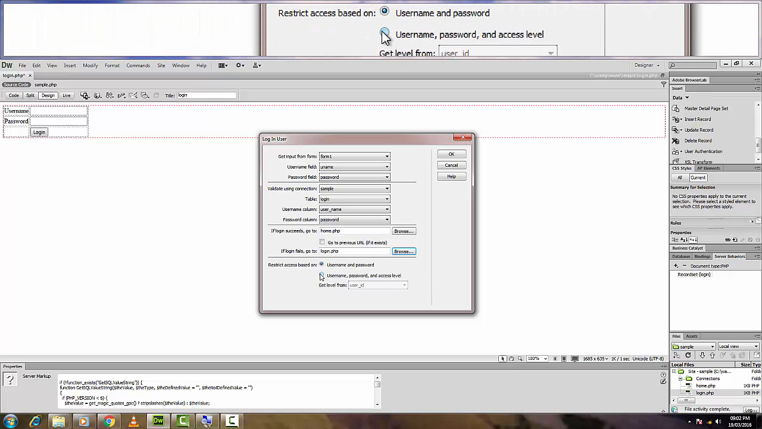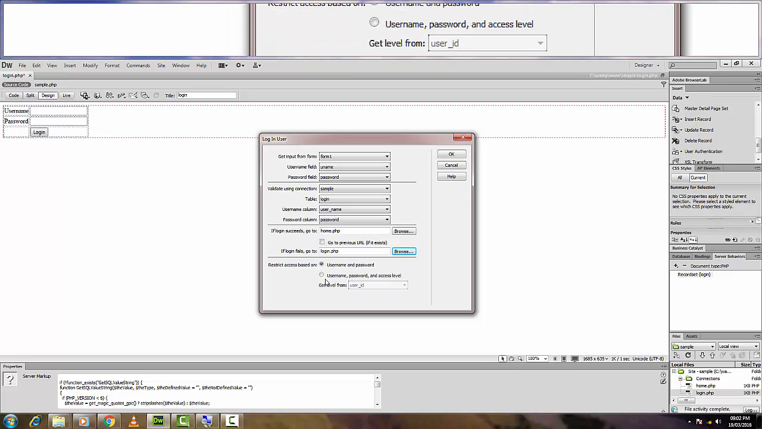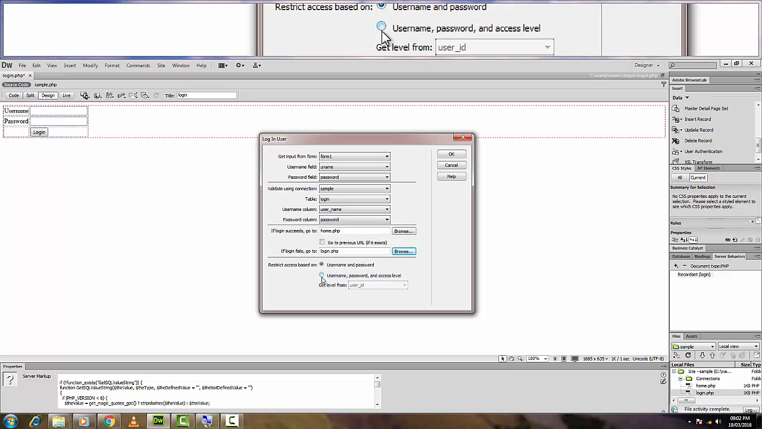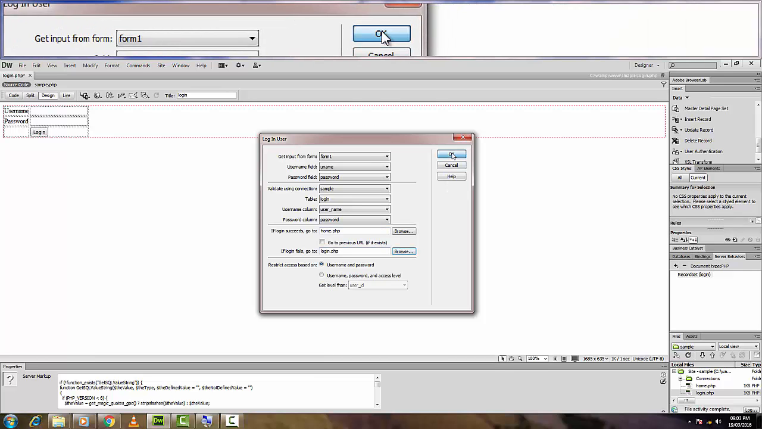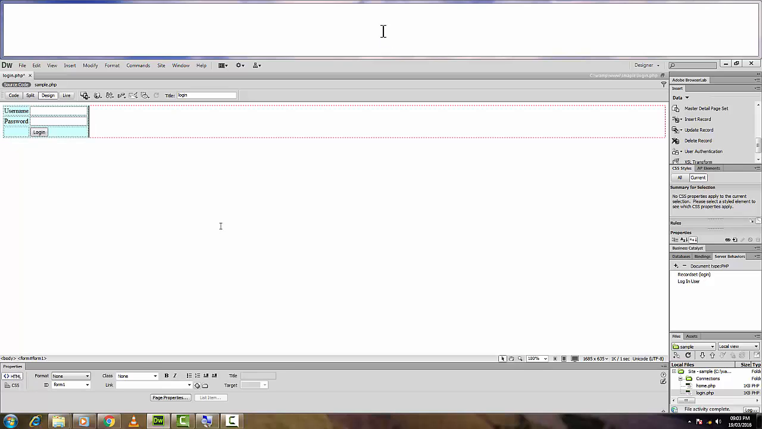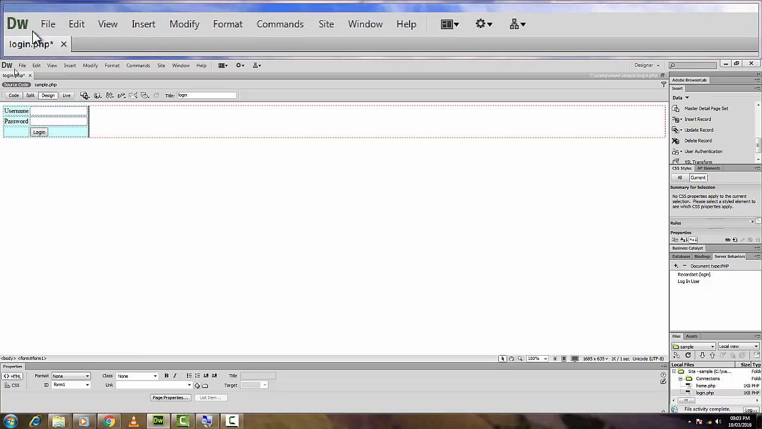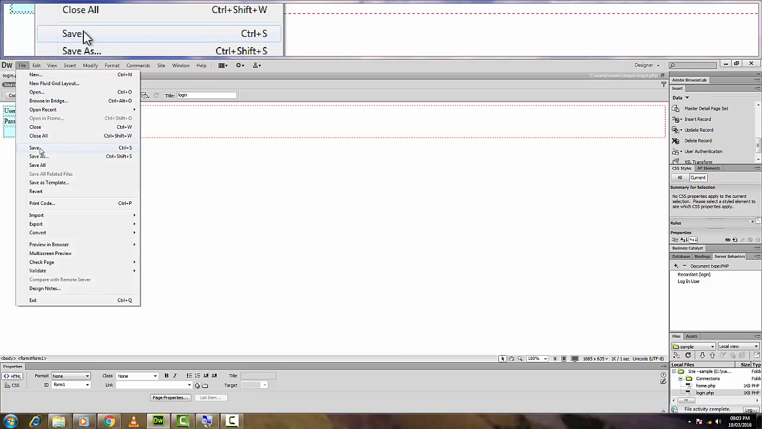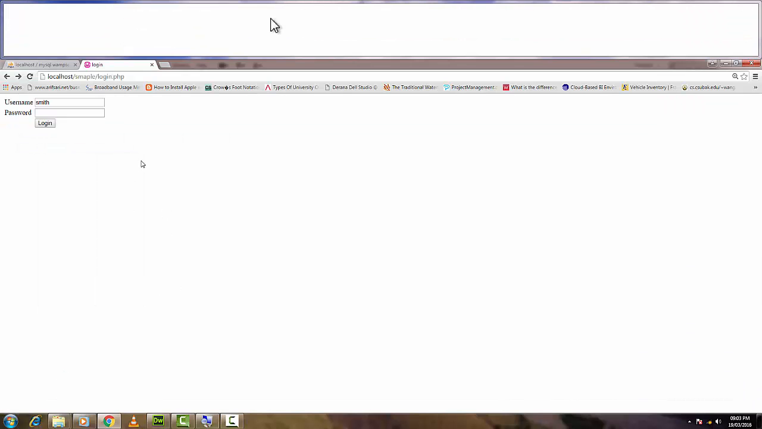And restrict access based on username and password. In this case, with this tutorial, because we don't go up to access level privileges, we don't select this one, we select only username and password. So we click OK, right? So once you click OK, now you can see it already created a server behavior called login user. Now we have to save our changes, whatever the changes we have done. We click save, and now